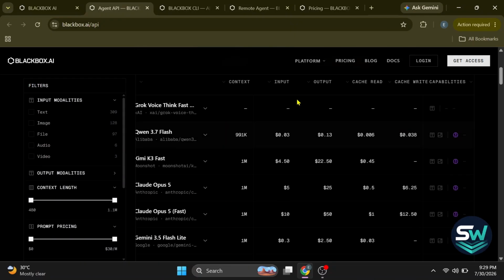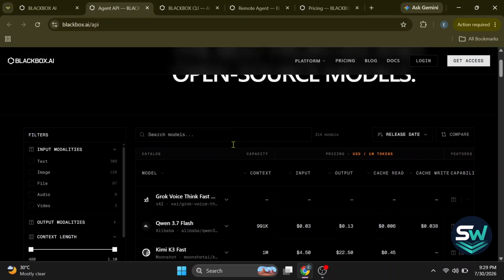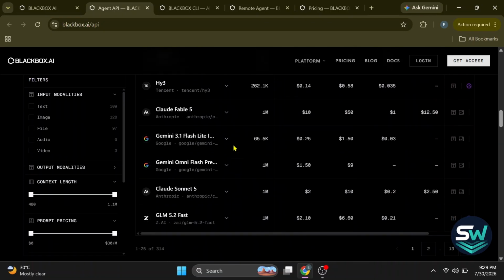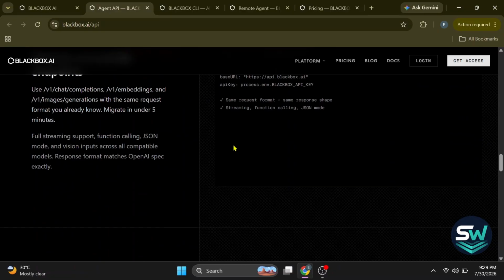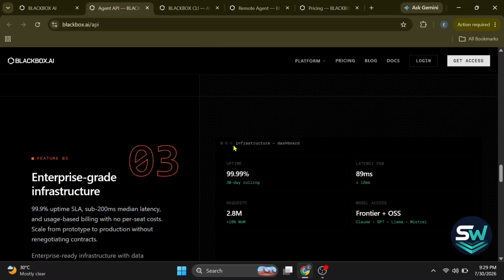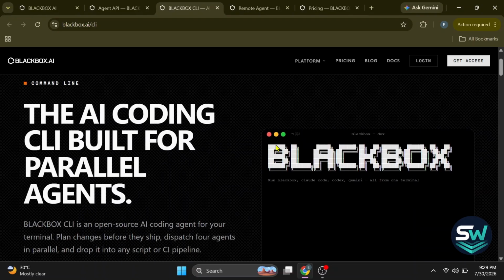The API also supports real time streaming, so you'll see code appear as it's generated instead of waiting for the entire response. It supports chat completions, function calling, and multi agent orchestration, making it suitable for both simple and advanced development workflows. So, next is the CLI, which stands for Command Line Interface, and Blackbox AI describes it as an